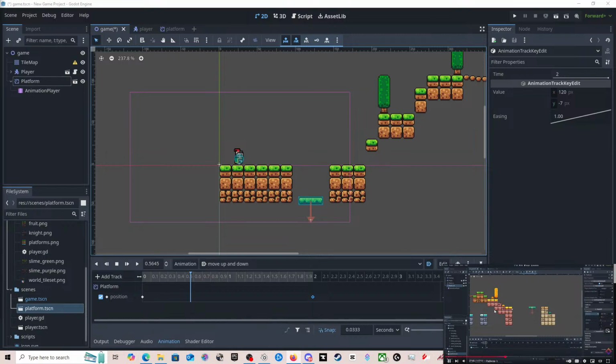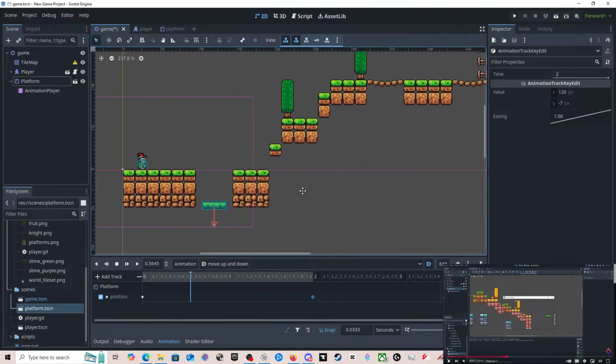If this is currently too fast, we can simply increase the length of our animation. So here's the length. Let's set it to 1.5 instead and drag our last keyframe to the end. And there we go. We now have a moving platform. Let's just make sure that we set it to autoplay. And now when we play the game and go to the place where we made our platform. Yeah, right. Cool. Got it.